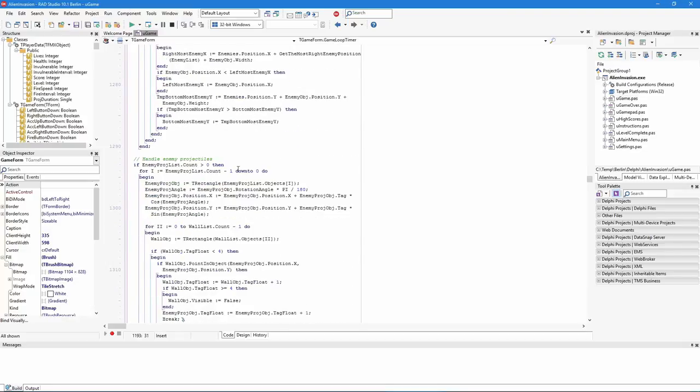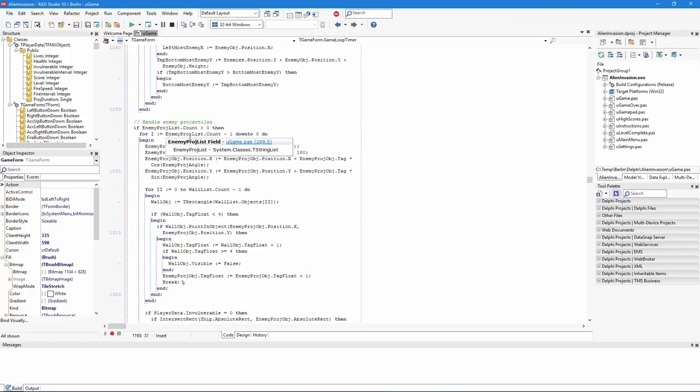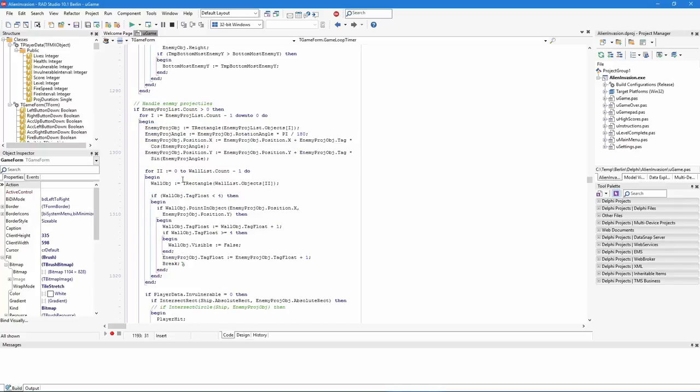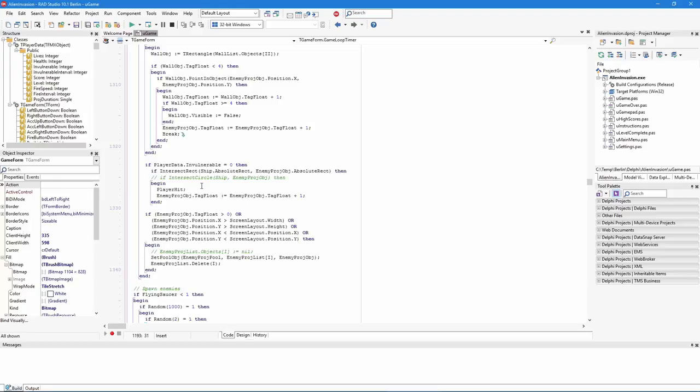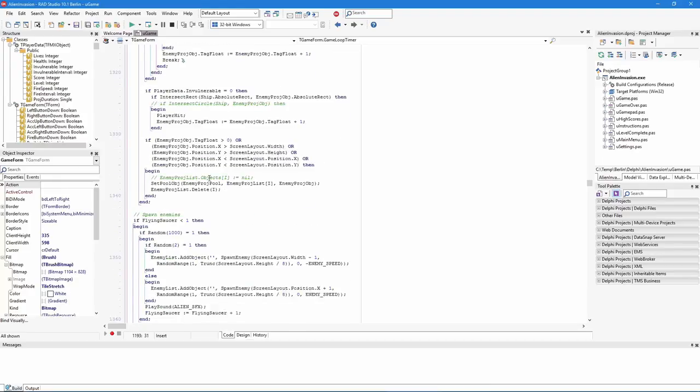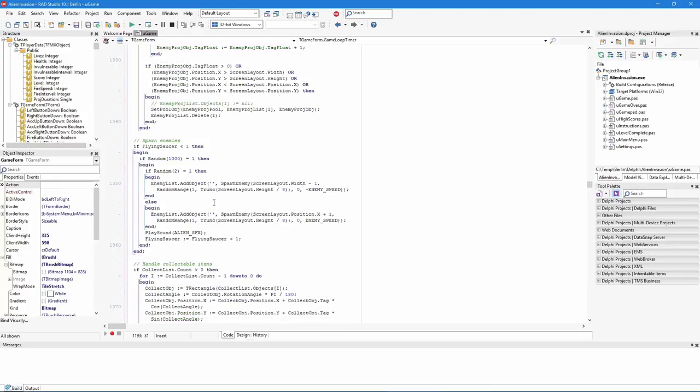And then moving on to the next section, there is the enemy projectile list, which it loops through. It checks the walls to see if they get hit. It checks the player to see if it gets hit. And then in the next section, we spawn the enemies. There's a flying saucer that randomly flies back and forth across the screen, so we decide to spawn the enemies